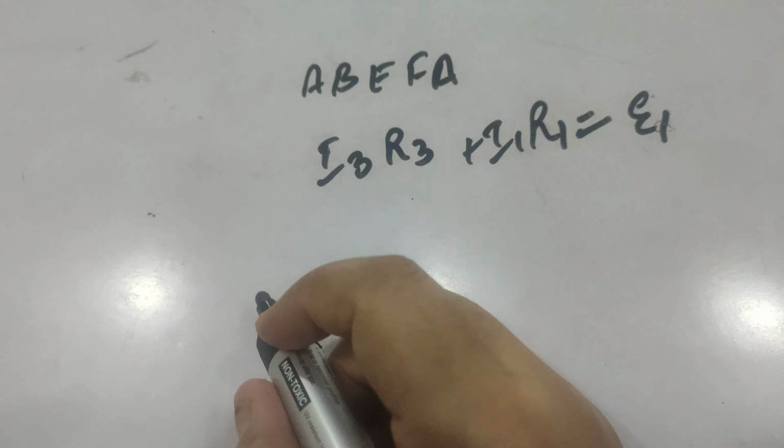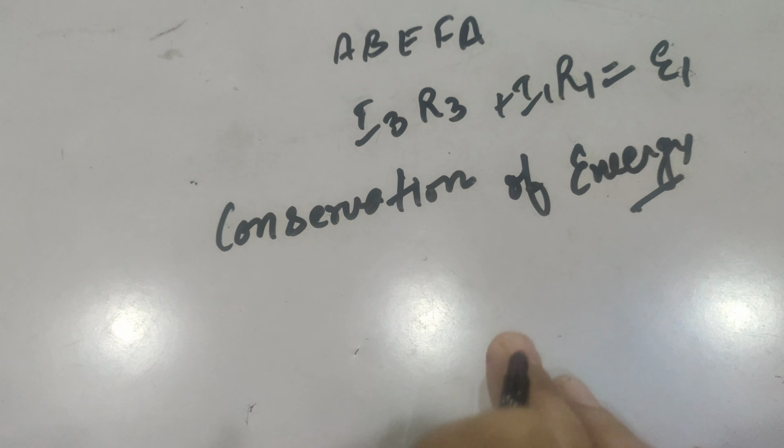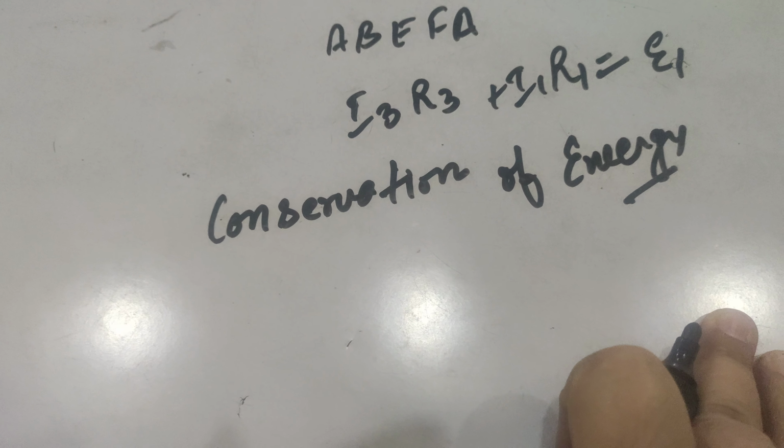So according to this rule, the voltage rule also follows that conservation of energy always takes place. Just like in the first rule we have proved that conservation of charge takes place, here conservation of energy takes place. Sometimes this question comes, which is very important: write the significance of Kirchhoff's rules. When it is not particularly mentioned whether it is the first rule or second rule, then you will show that the first rule follows the conservation of charge, while the second rule follows the conservation of energy.